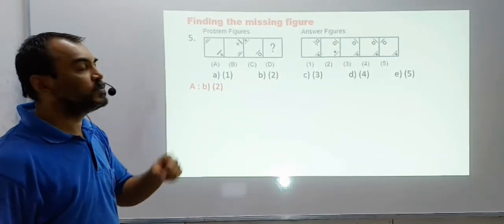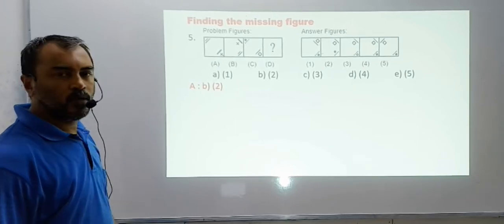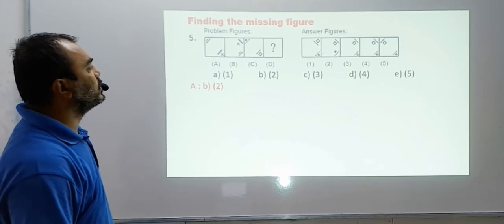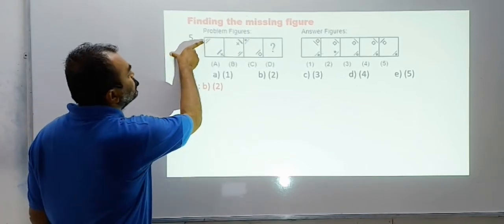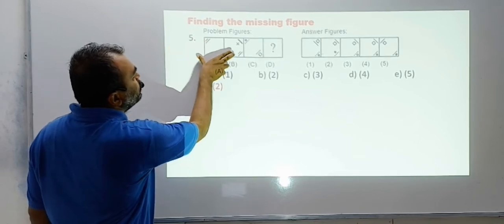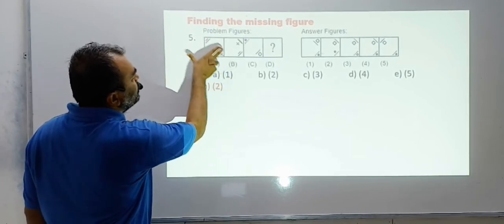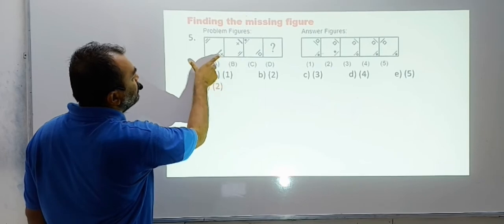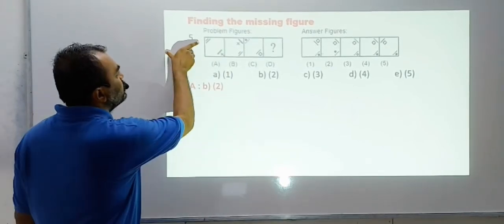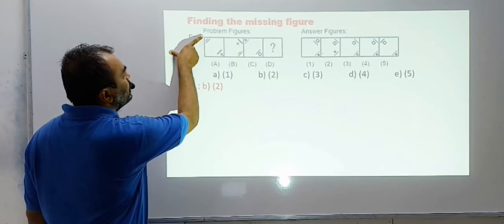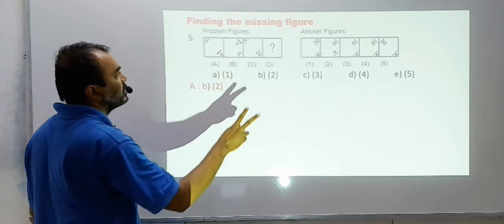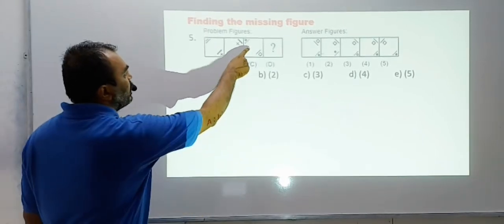So our first assumption was true. Did you follow this? I gave you 2 assumptions and we have to check both the assumptions. What was the first assumption? The smaller line towards the corner. The first assumption was this figure moves down as it is with no change at all, and this figure interchanges. That was the first assumption. The second assumption, the smaller line towards the corner and bigger line outside. Here the bigger line towards the corner and smaller line outside. Second assumption. Right. Now we try both assumptions here.